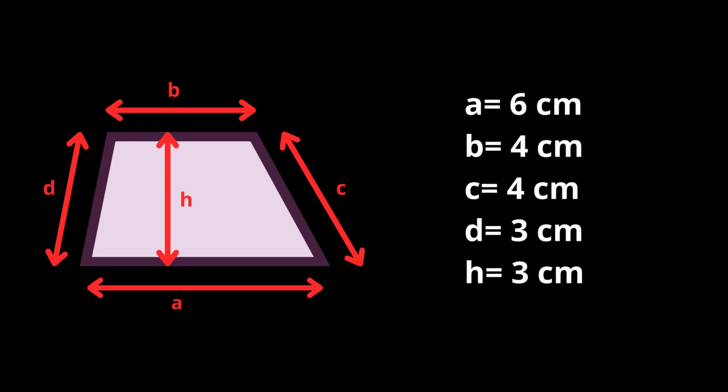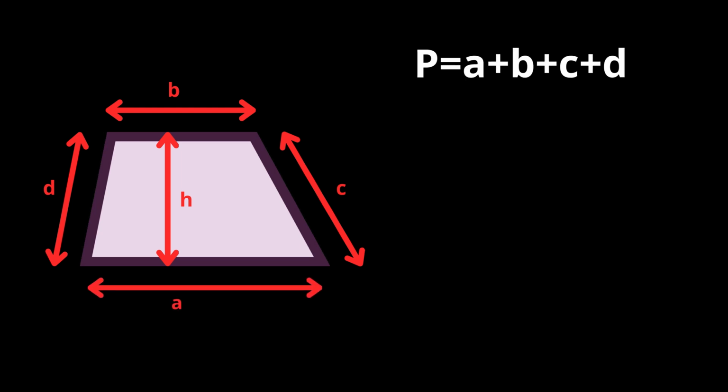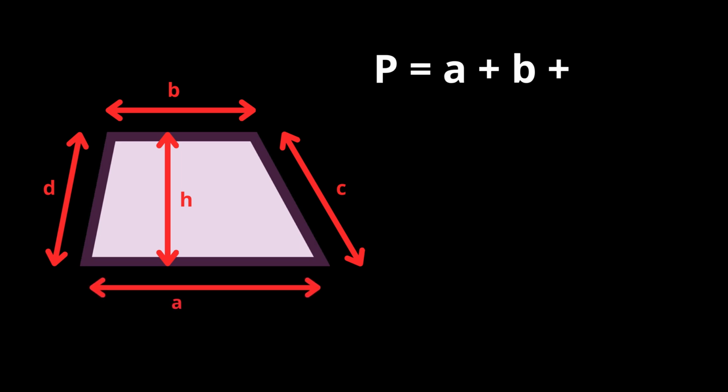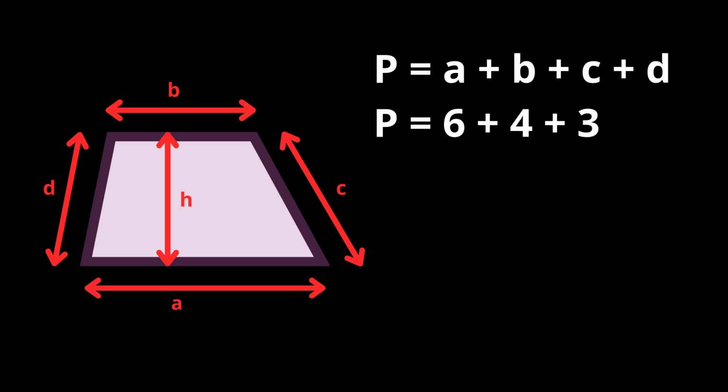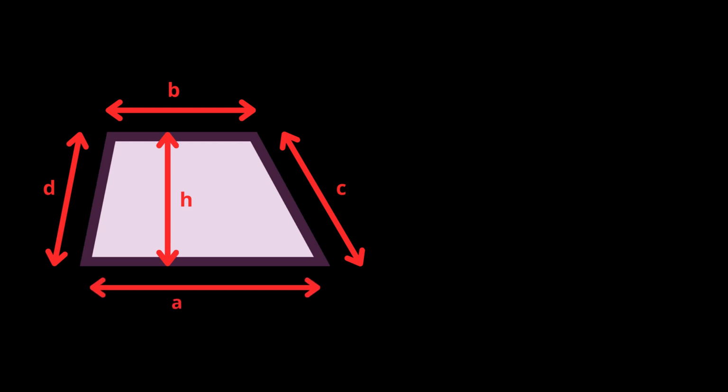And now, let's calculate the perimeter and area of a trapezium with a practical example. We have parallel sides measuring 6 cm and 4 cm, non-parallel sides measuring 4 cm and 3 cm, and a height of 3 cm. The formula for calculating the perimeter of a trapezium is: we substitute the values into the formula. And now the area. The formula for calculating the area is